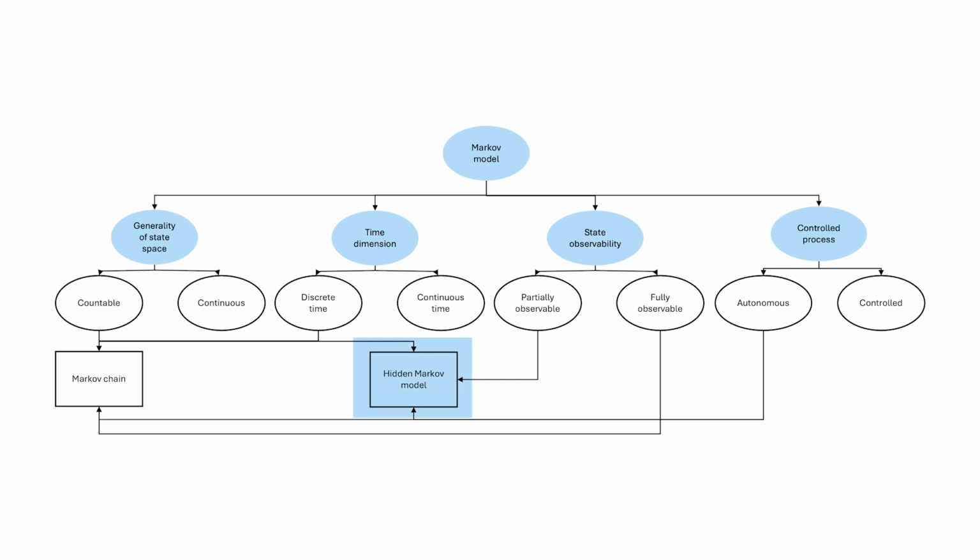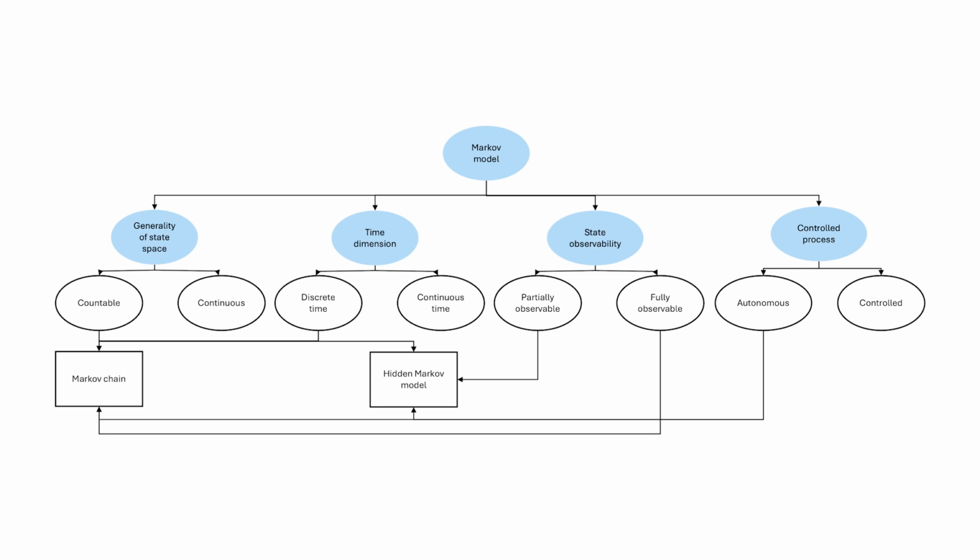Importantly, we can classify or describe either the Markov chain or the hidden Markov model according to 4 dimensions. Some authors prefer to classify according to the state space, others according to the time dimension. It's more or less according to the preference of the author. But here we show the 4